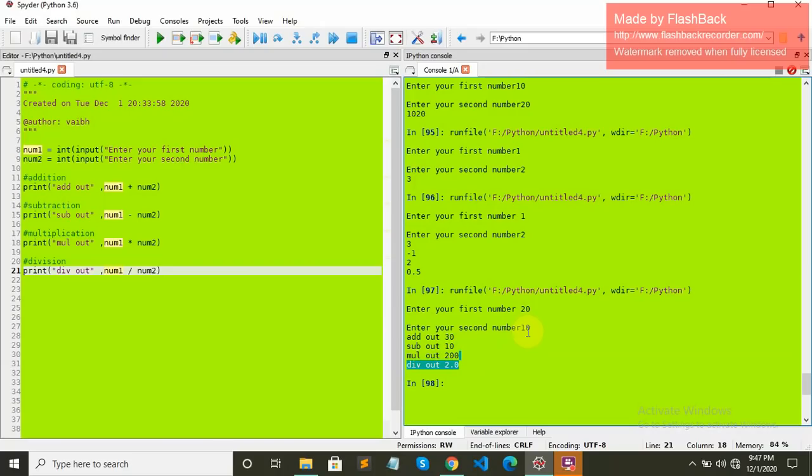That is because if you divide 20 by 10, then you should get 2. You can also add conditional statements in this. If you want, an if statement, else statement, and other kind of things, you can do these kind of things.